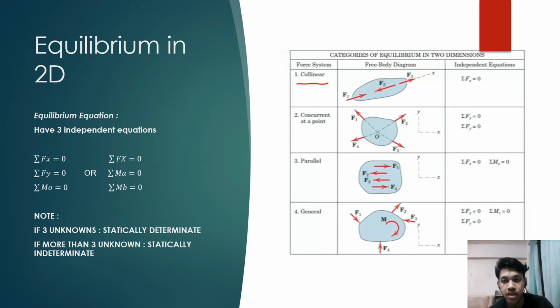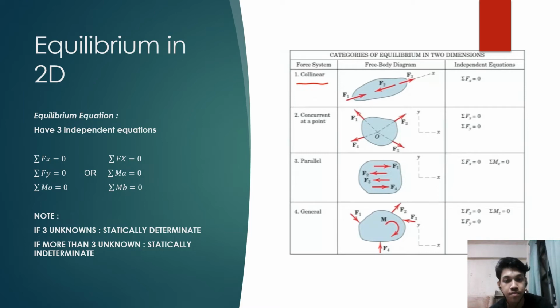Next, we have parallel. For parallel, we have two independent equations: the summation of Fx is equal to 0, and the summation of moment is also equal to 0. And the last one is the general. For general, we have 3 independent equations: the summation of Fx is equal to 0, the summation of Fy is equal to 0, and the summation of moment is